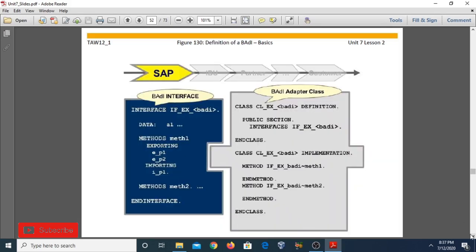Come to the next topic, definition of the BAdI and basics. When you define a particular BAdI, you must specify an interface.